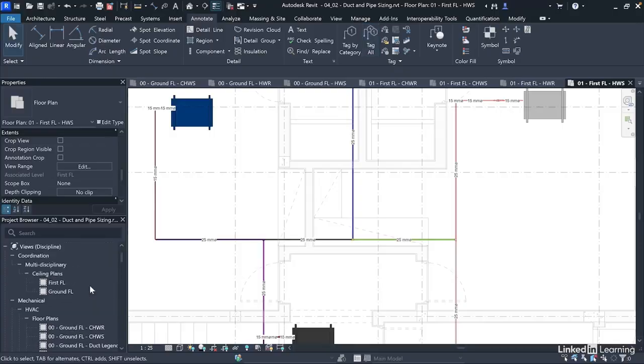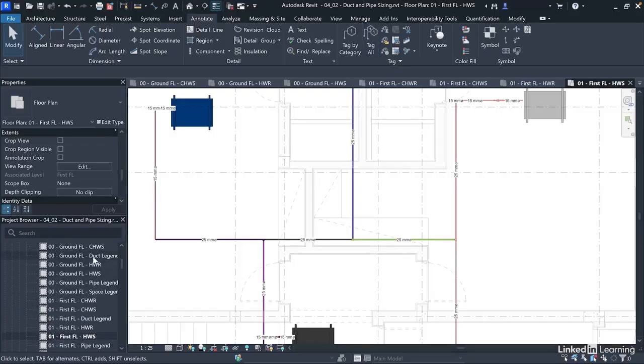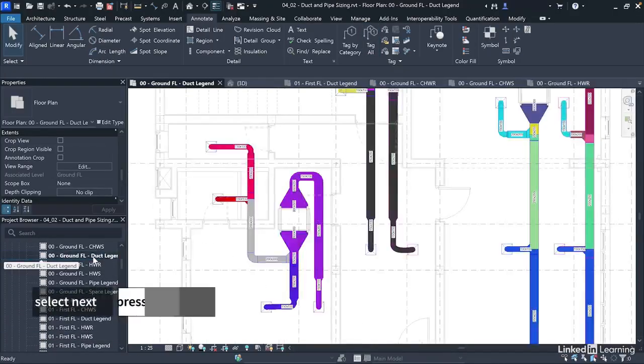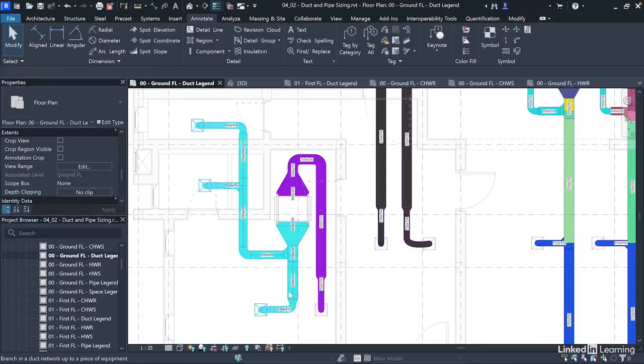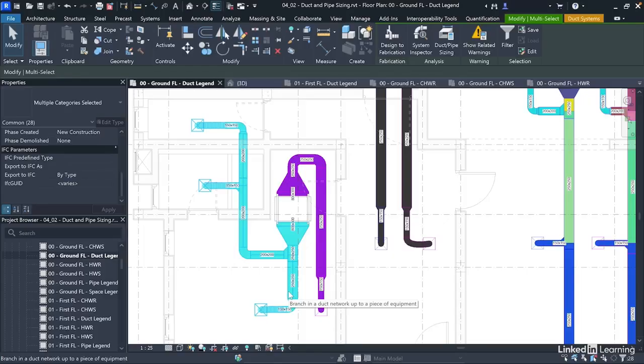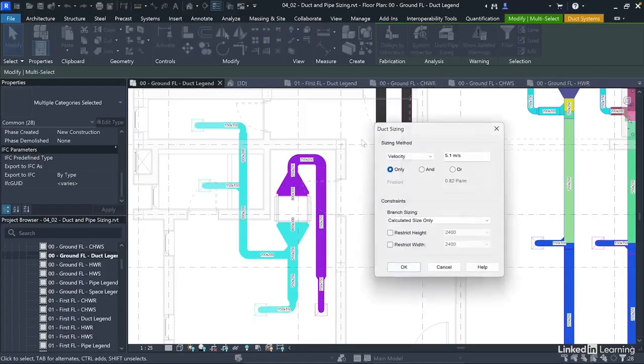So now we'll go back to the ground floor duct legend view. Then we will tap the tab key once while hovering over one of the supply ducts in the guest room. Tap it twice to select the supply duct layout for the air system here. Then click the duct and pipe sizing tool from the analysis panel here, and this will launch the duct sizing